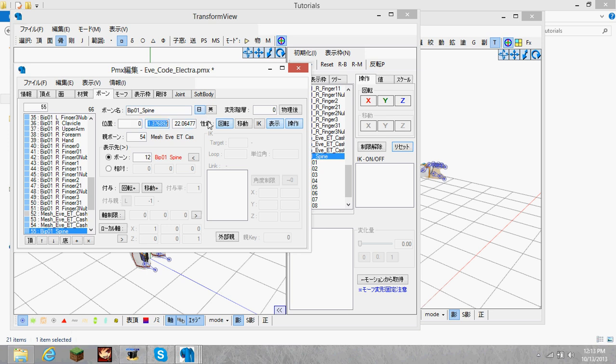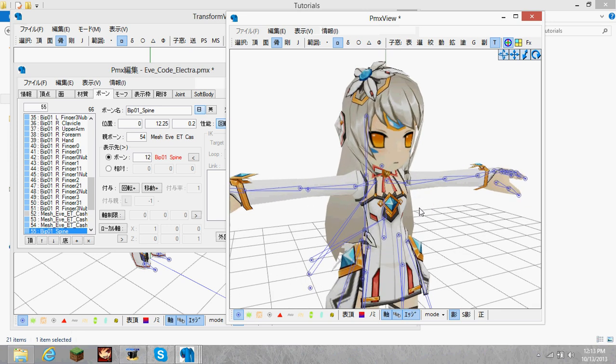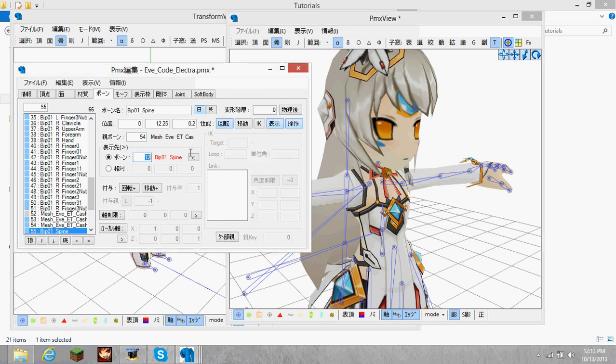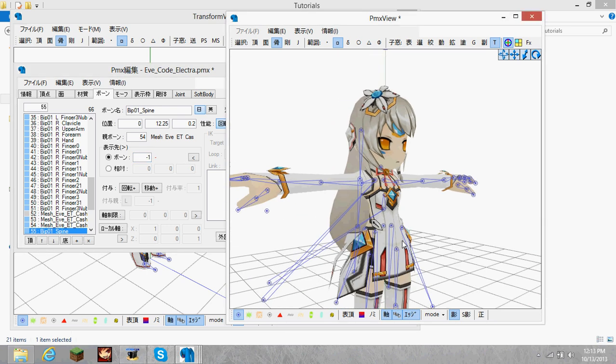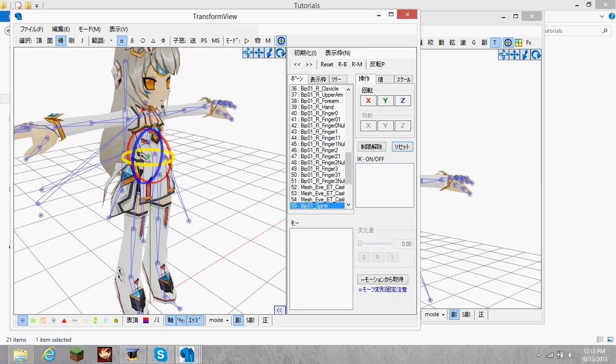It was 13.25, so now we're going to do 12.25, and then 0.2, enter, change bone, go back. Now if you look over here, you've got the lower body here. It's also got a piece of line connecting to the bone right above it. You can either keep that or you can get rid of it. I don't like it, to be honest, so I'm going to get rid of it by putting a -1 in its target. Now if you look, it's also there, and if you move it, it will move just the central